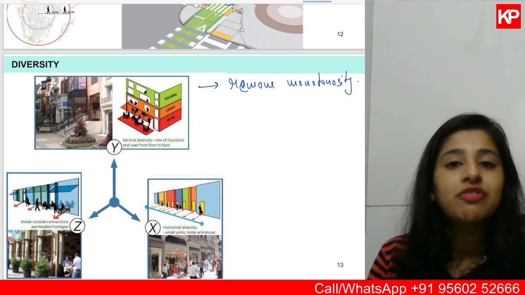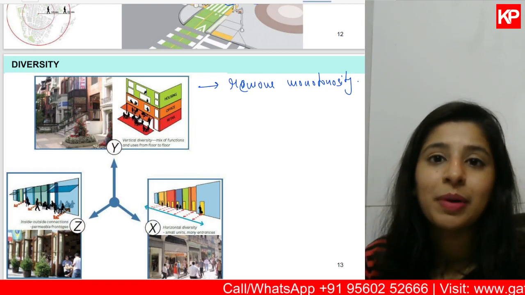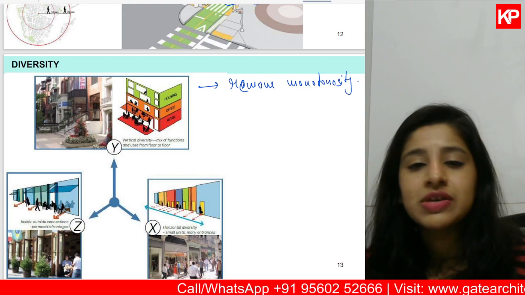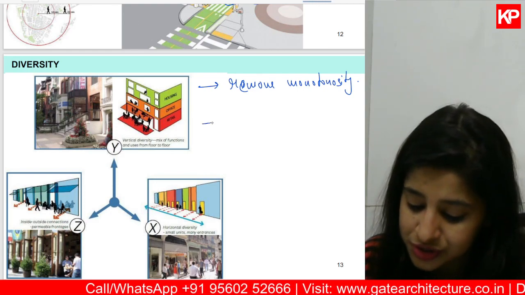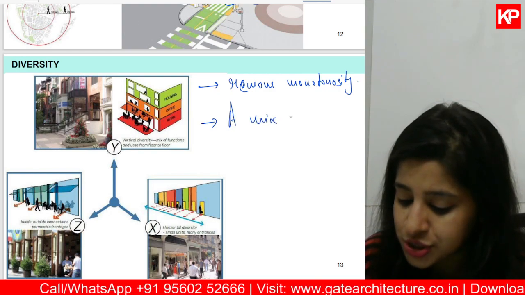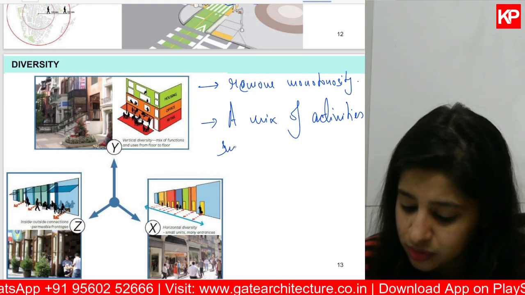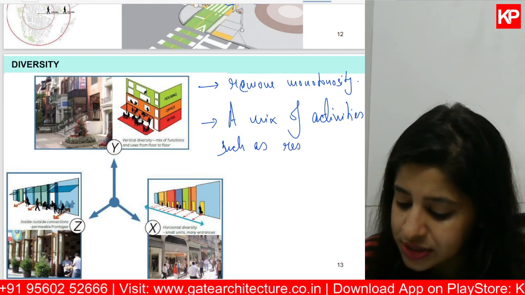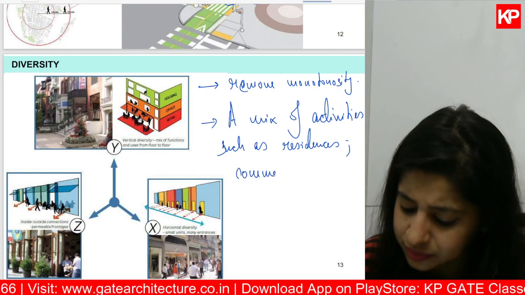To remove that, we try to input a diverse mix of activities in a particular neighborhood. And when we talk about this diversity of activities, that is basically a mix of activities such as residences, commercial,